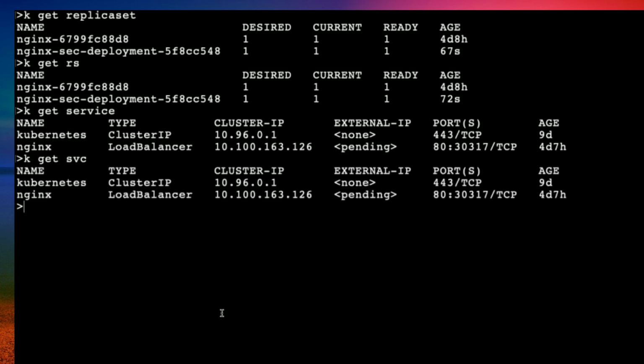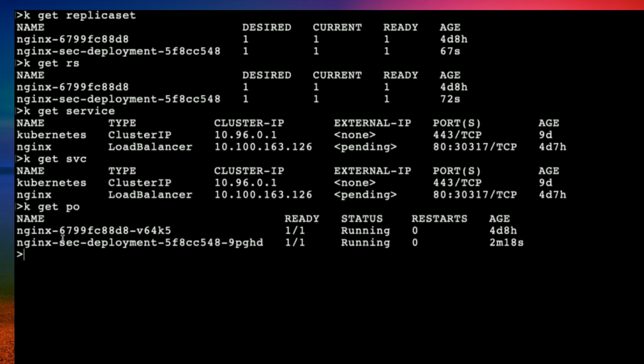There is one thing to notice here. Before that, let's check the pod name. So you can see the pod name has the same name as the replica set name, plus there is a separate pod hash ID. So basically, the replica set is managing the replicas of a pod in a deployment.